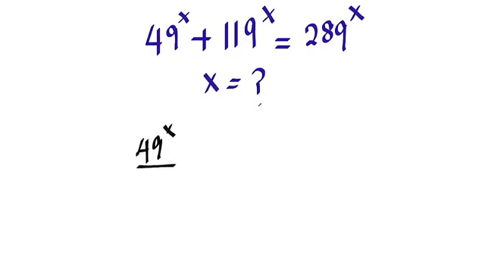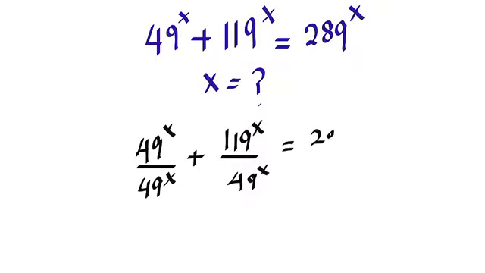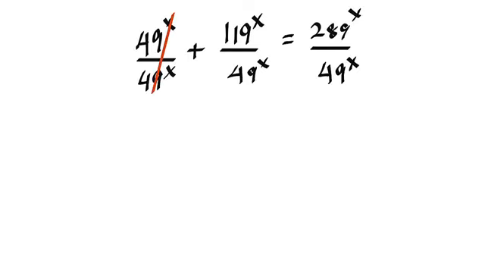So 49 to the power of x divided by 49 to the power of x, plus 119 to the power of x divided by 49 to the power of x, then equals 289 to the power of x divided by 49 to the power of x. From there, you can see that this cancels, then we're going to have 1 here plus 119 to the power of x divided by 49 to the power of x. Since they have the same power, we can write it as 119 over 49 to the power of x